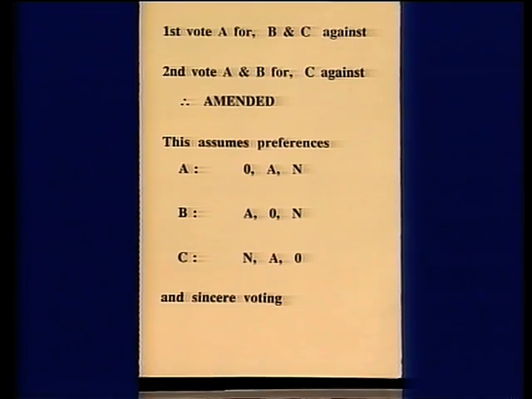Then the vote on whether the amended version or total rejection should be taken takes place, and C is the only one to vote against, because A, if he can't get the original bill, would prefer the amended bill, at least under the assumption of the preferences shown at the bottom of the transparency. And by sincere voting, I mean that they vote strictly according to those preferences. So if the procedure were original against other options, and then if the original fails, amended version against total rejection, we've seen what happens. But supposing now the procedure was slightly different.